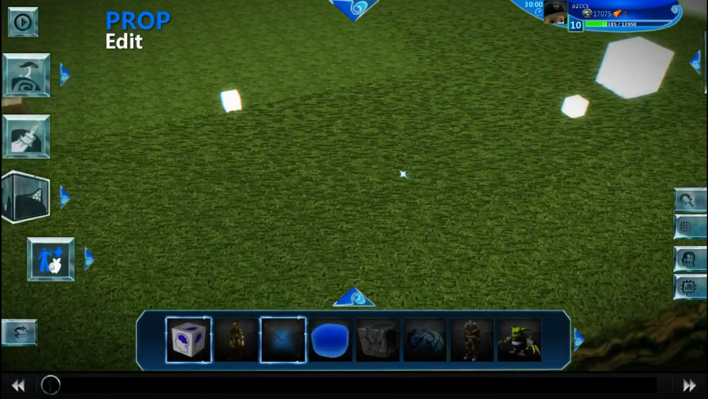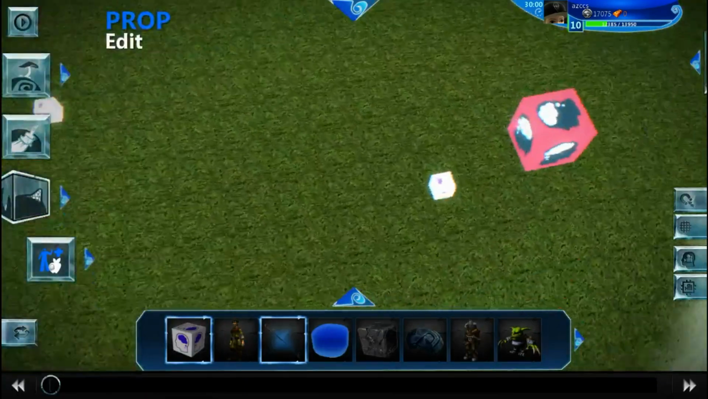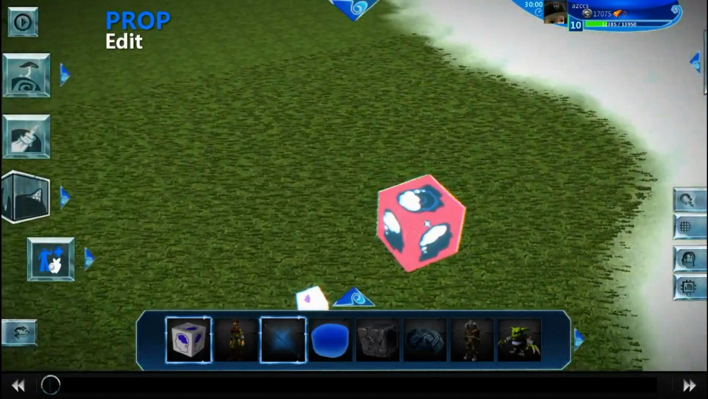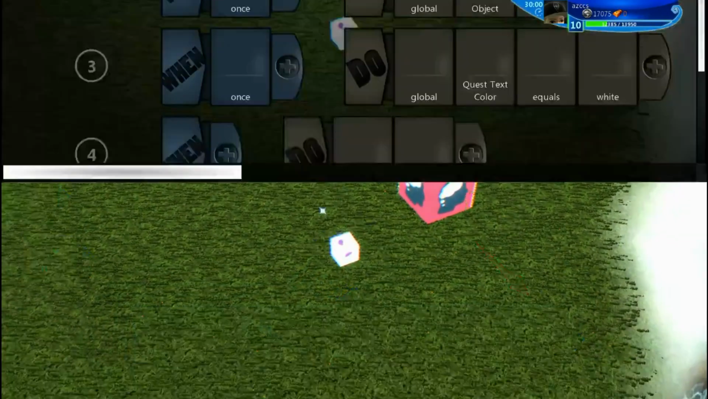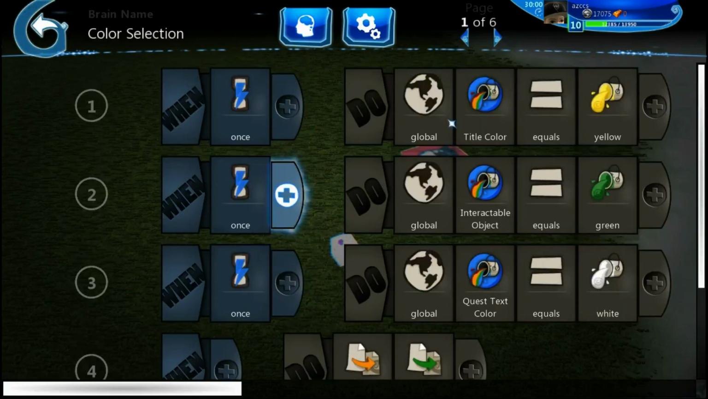So what I did, I used a lot of vectors. And if you don't know what vectors are, you can check out my tutorial I made. Then you'll know. But okay, so first thing this brain does is I have color variables just for easy access,